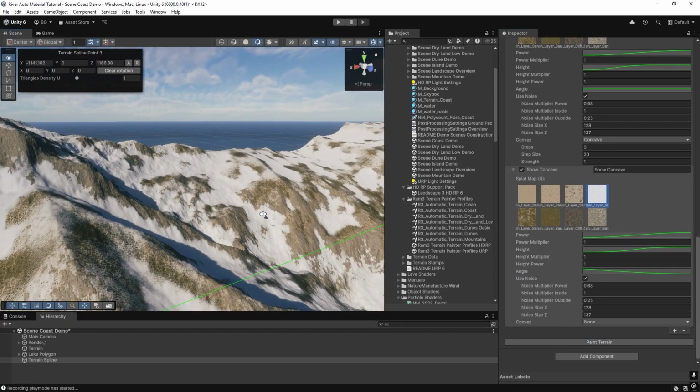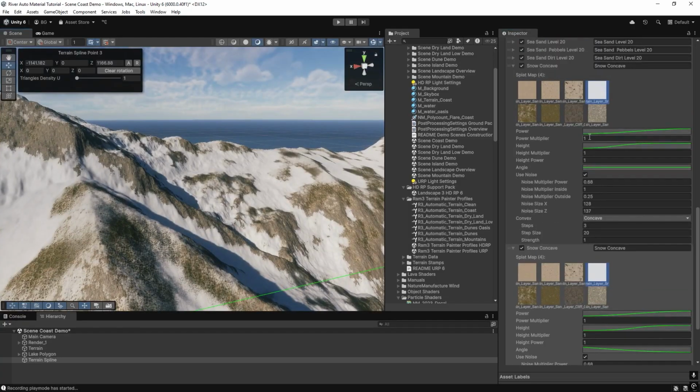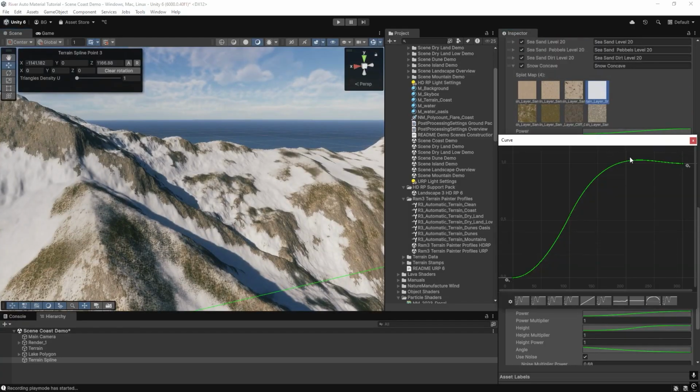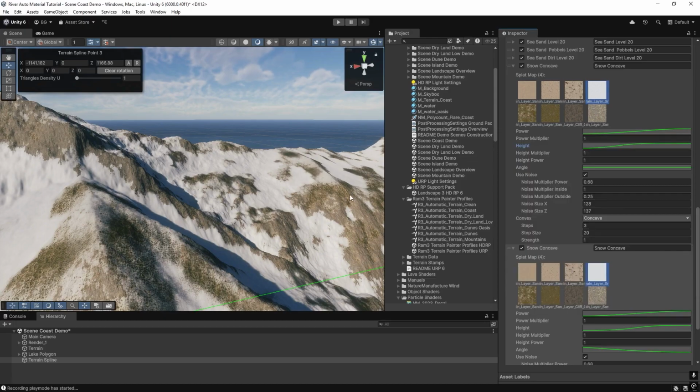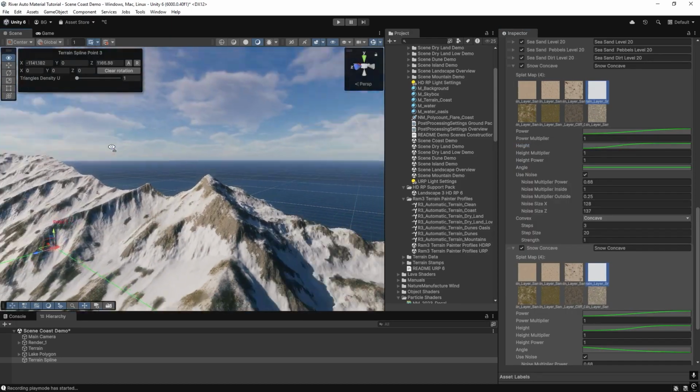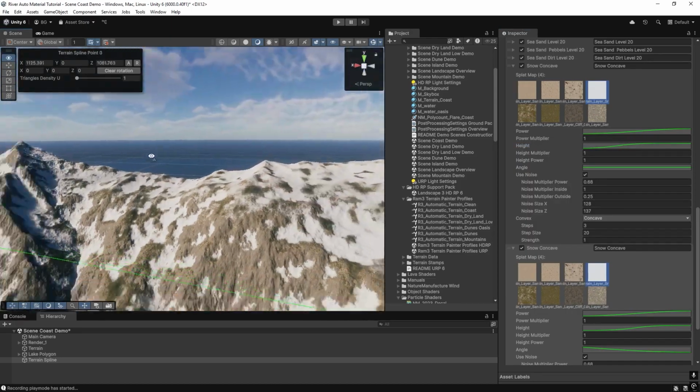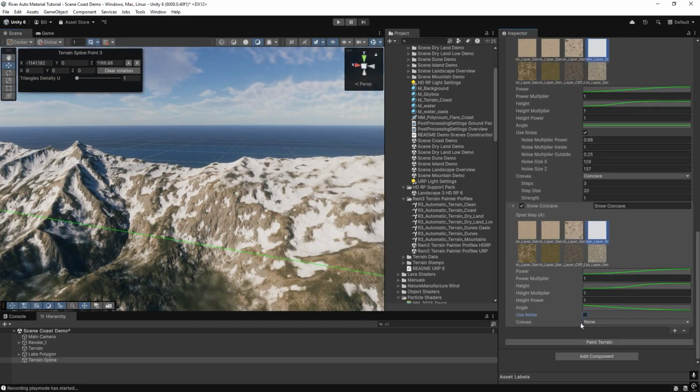Okay, and now we could increase. Let's maybe remove the noise now. Okay,